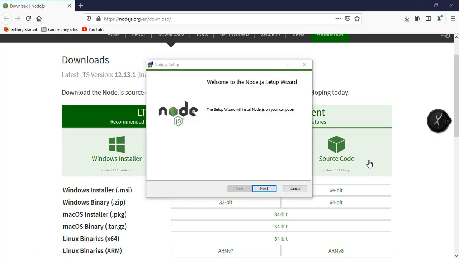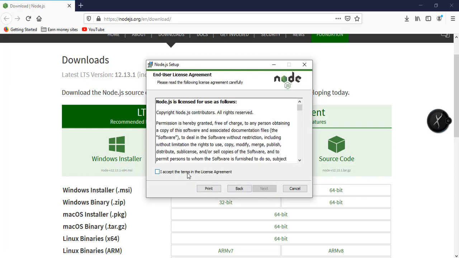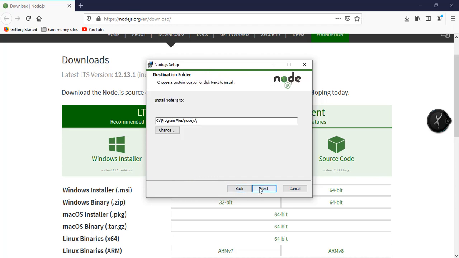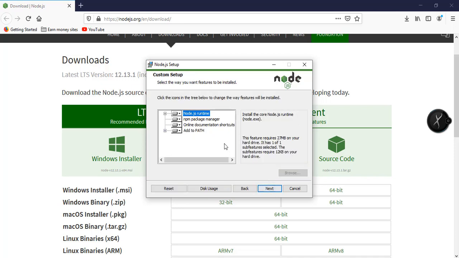So after downloading, we can just install it right away. Open up the installation package, and then click on next, and then accept the terms and the license agreement. So next, and then the installation path, and then next, and then make sure to enable all these options here: the Node.js runtime, the npm package manager, online documentation shortcuts, and then add to our environment path, and then